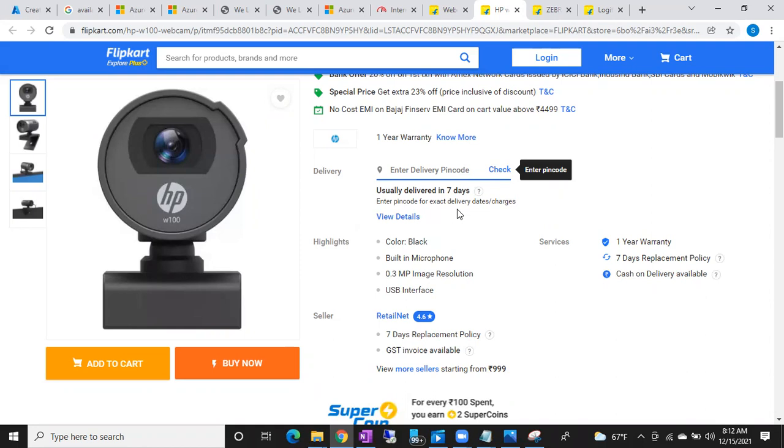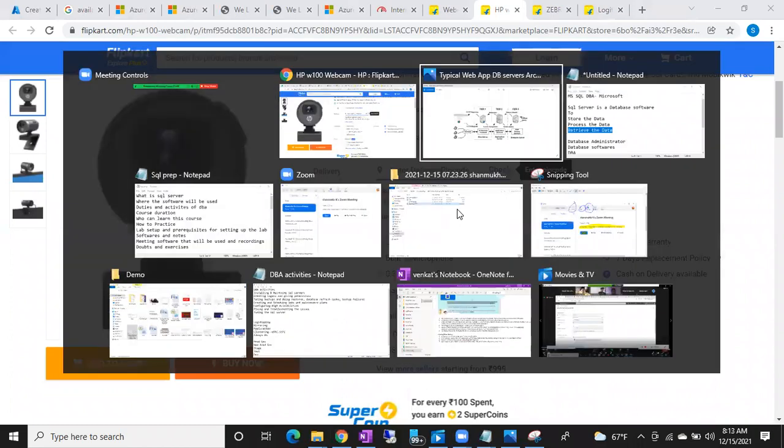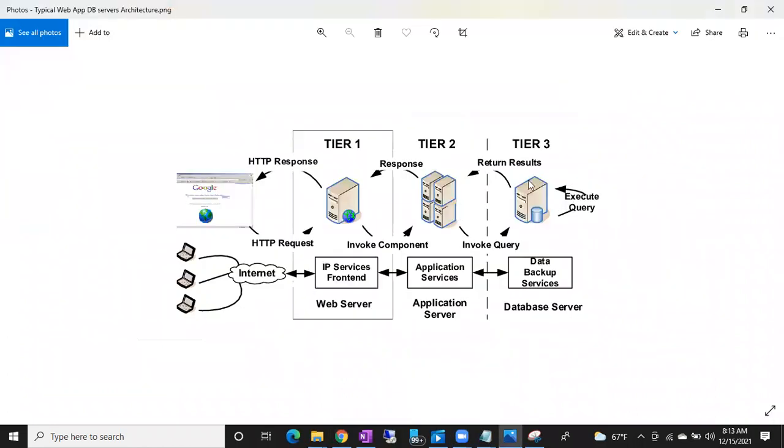Whatever application you are using, you can use any application to complete the payment. Once you have completed the payment, what happens automatically? The data will be inserted in a database. So you cannot directly talk with the database.